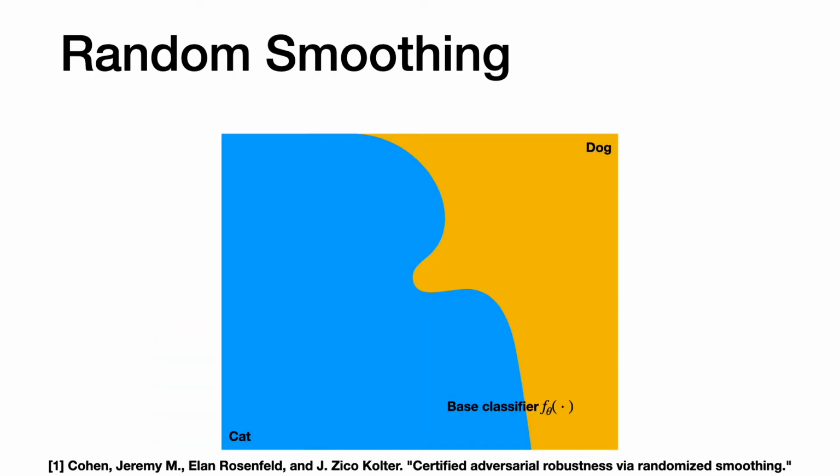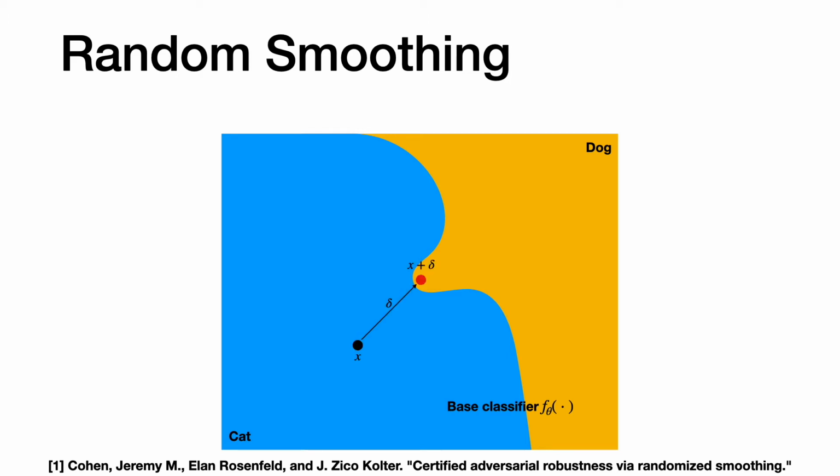First, let us consider a two-class classification problem. The decision boundary shown here is from a pre-trained base classifier f-theta. The goal is to certify that for a given x shown as black dot, we cannot find any adversarial point shown as a red dot within some L2 norm ball of radius delta. If x is far away from the boundary, for the delta perturbation shown here, the perturbed data will also be classified as cat by f-theta.